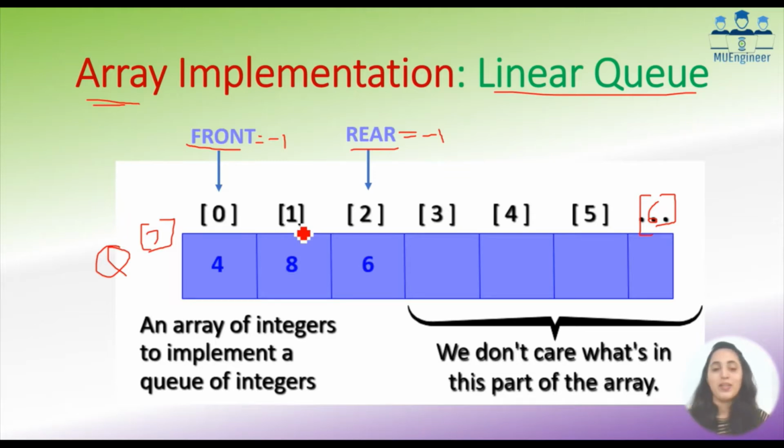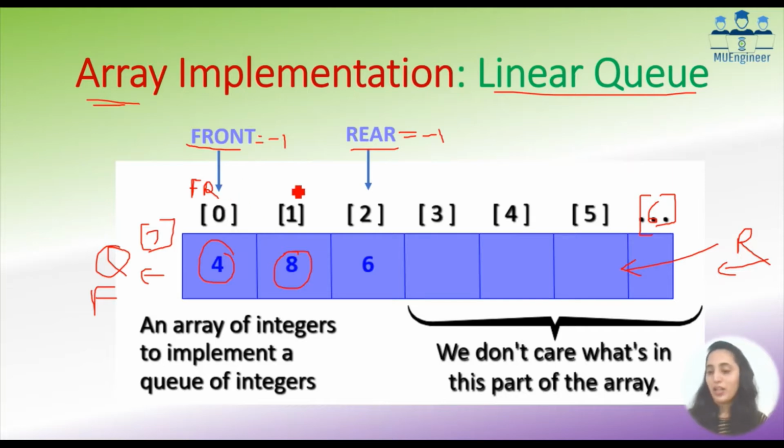So whenever you get a first item, say for example number 4 is the first item to join your queue, that time your front is equal to 0, and your rear is also equal to 0, and they both are holding this value. Next, if number 8 joins, he comes at the end of the queue. So I can say this is my front side and this is my rear side. So now 8 joins from the rear, so he comes this way and joins here.